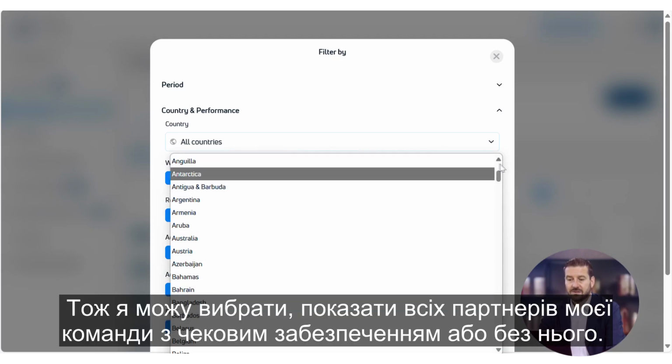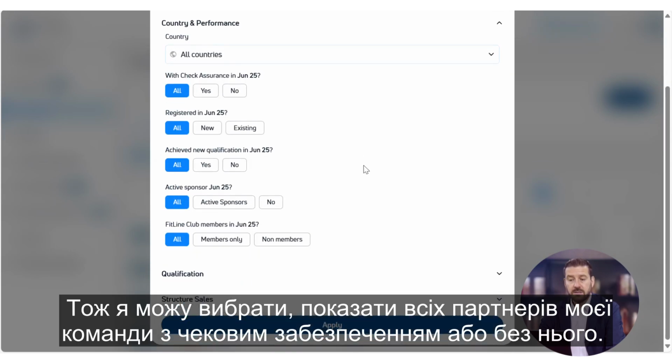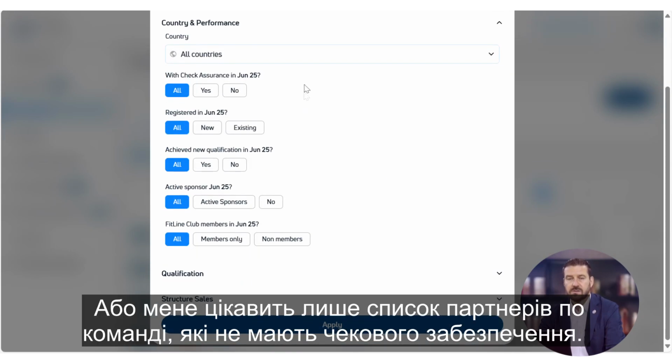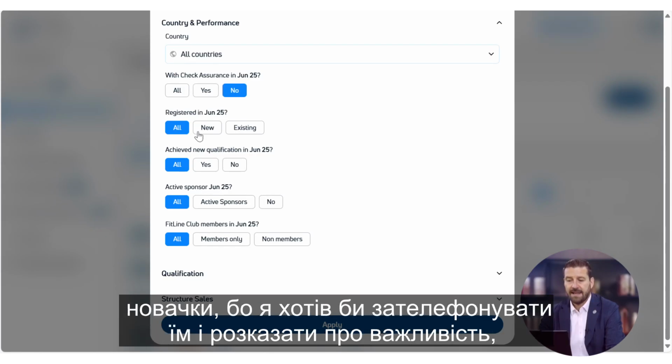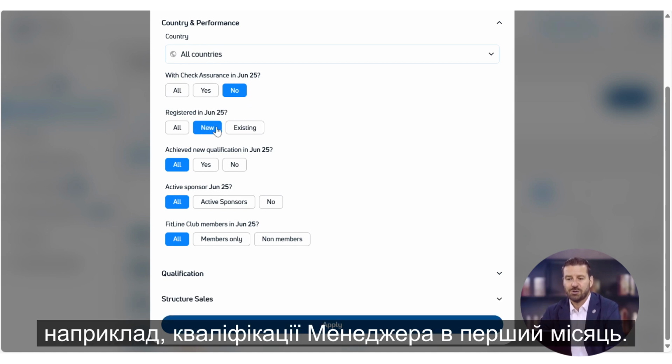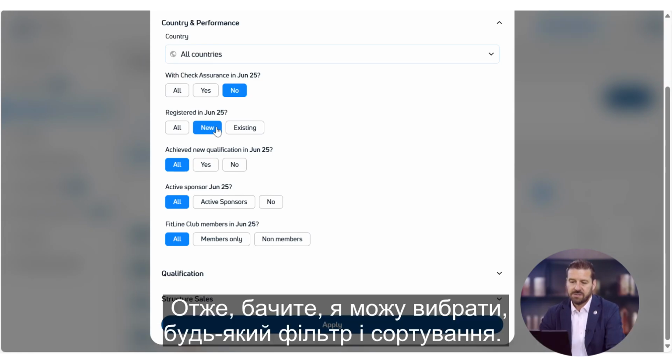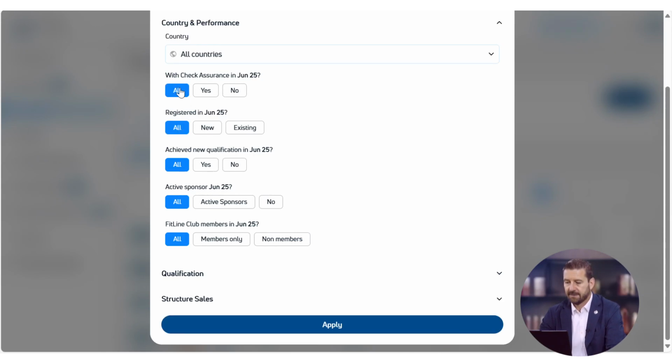So I can select show all my team partners with or without check assurance, or I can say I'm only interested in a list of team partners who have no check assurance. And I can say, okay, who have no check assurance in June 2025 and was registered new, because I would like to give him a call on the importance in qualifying to manager in the first month, for example. So you see, I can choose however my filter, my sorting list, my analytics should look like. I can even